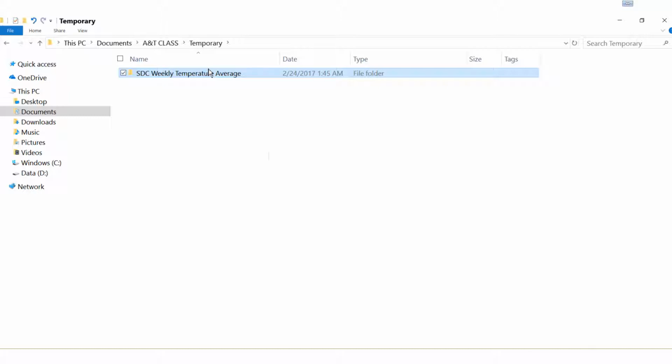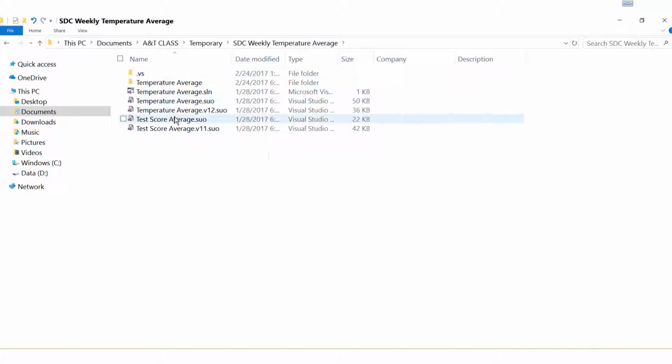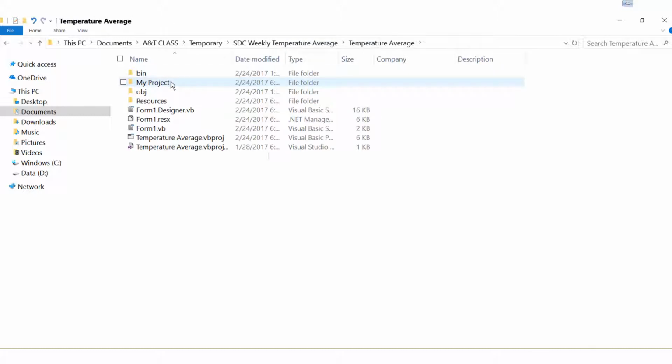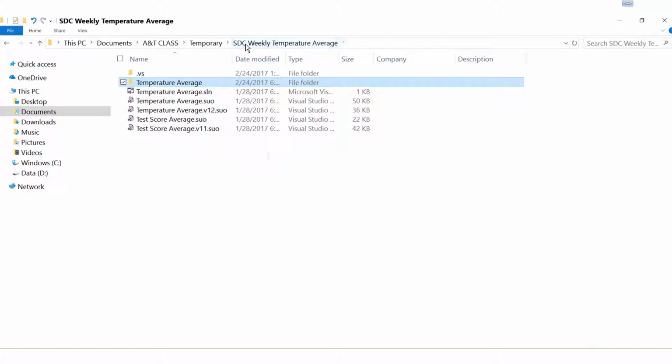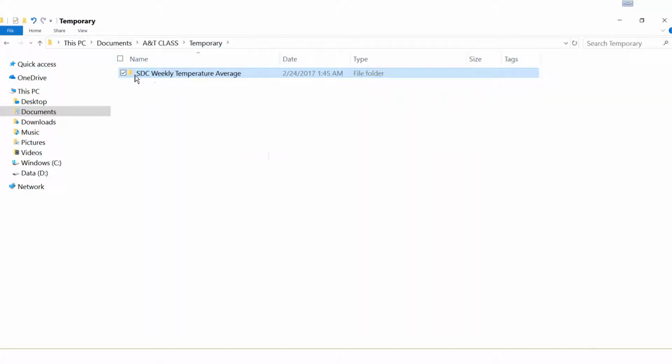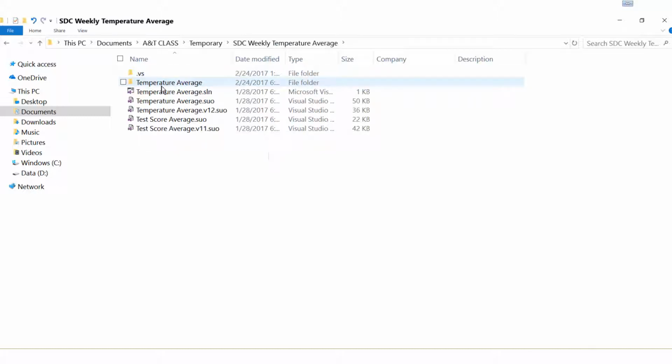So once I have started working on this program or project, you can see that it's in my temporary folder, and I put it there just to make it easier to see. And it's the only one in that folder. So you can see I've got all of these other files and folders within that main project folder. So this is my project folder. I shouldn't see any other Visual Studio files outside of that one, at least not any that will belong to this project. So directly under it, you should have a root folder or another folder. This one is not a root folder, it's just included in the root folder.